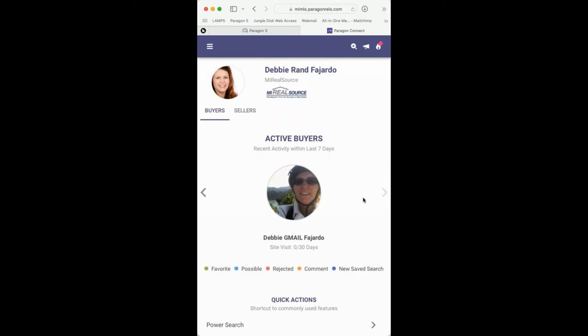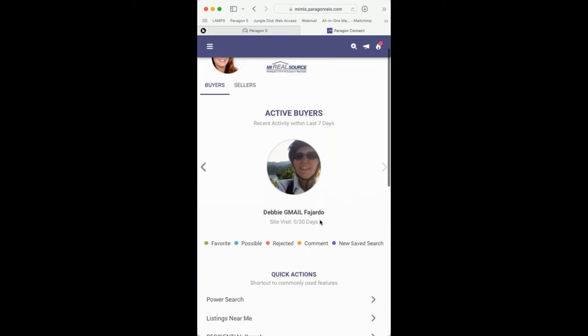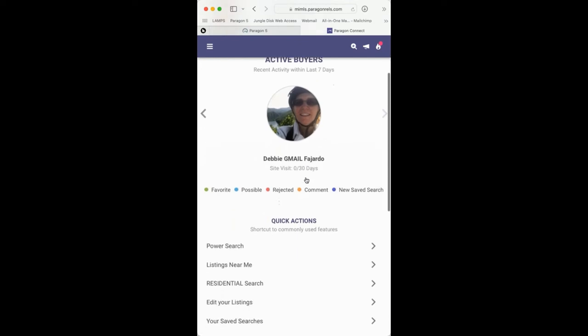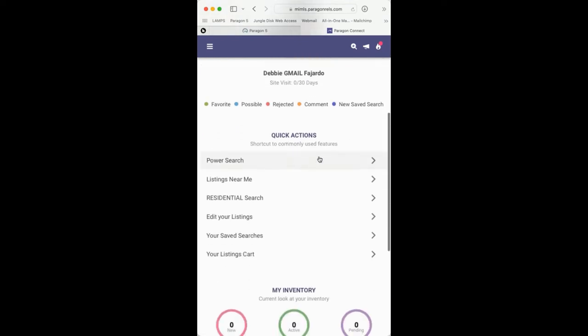So when you scroll through the top, you're only seeing your 2 actives. These are my 2 searches that I have ongoing right here. Just scroll left and right. This client loves herself so much, she even uploaded a photo of herself. Yes, your clients can do that. So as I scroll down, now that I'm on Debbie Gmail Fajardo, I can click into her, or here's the